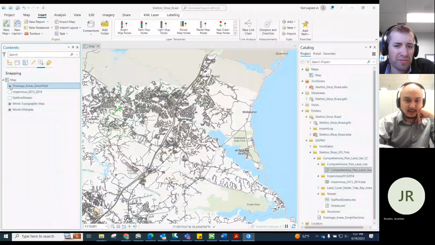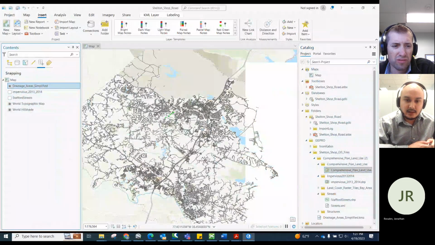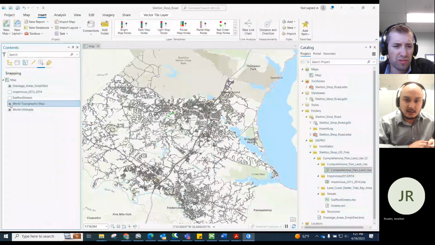Okay, can you zoom into that area, our drainage area? Slow.